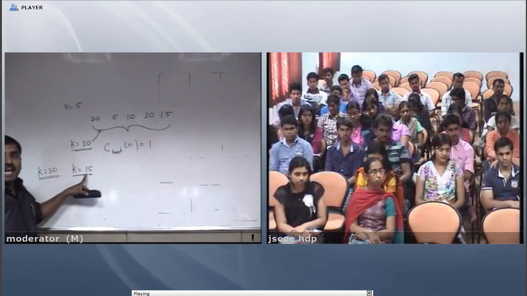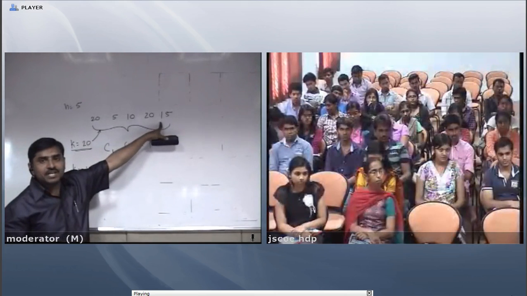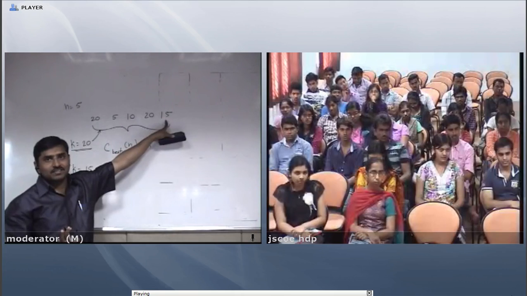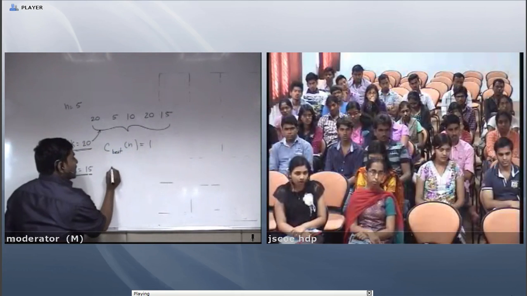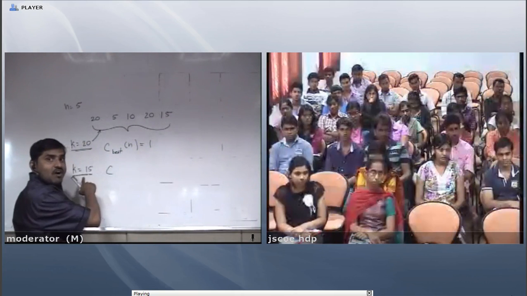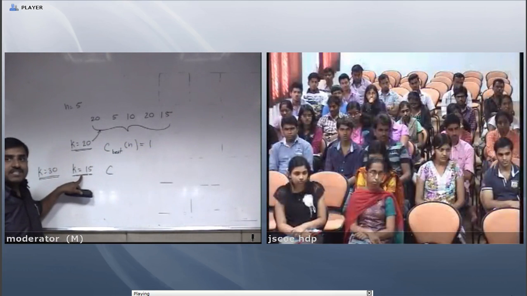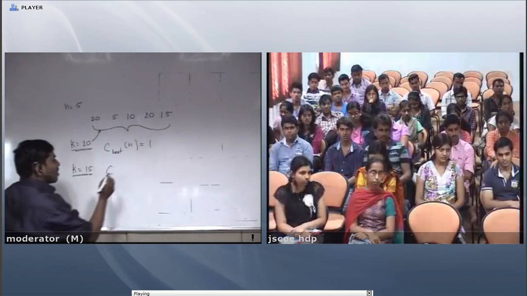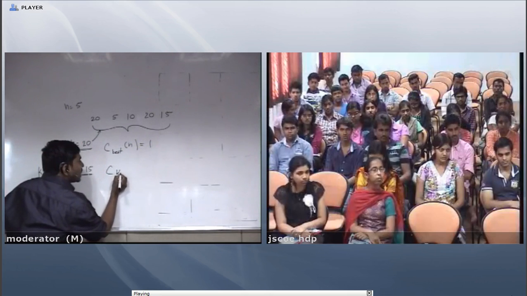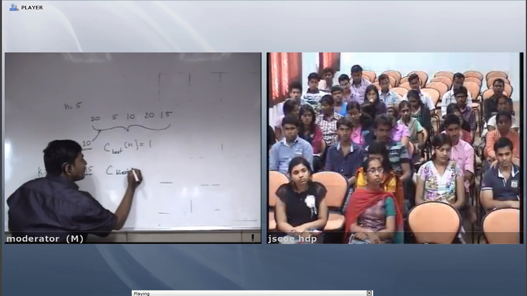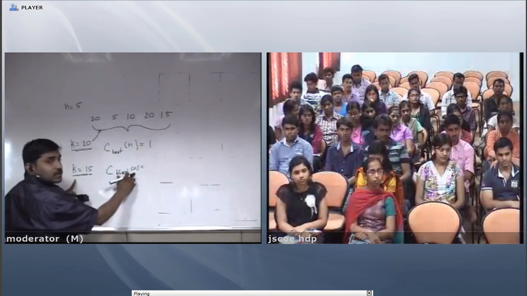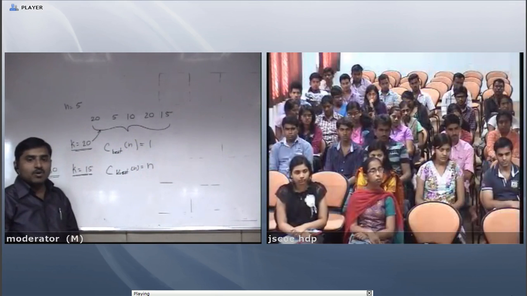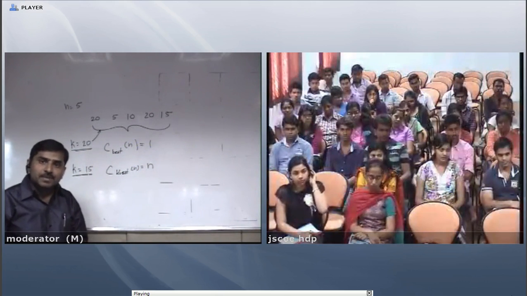If the element is found at the last position or the element is not found in the given list, that is the maximum, the worst case efficiency for searching this element from the given list. So I call this the worst case efficiency of searching an element from the given list, that is n. This is the second category, worst case efficiency.